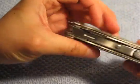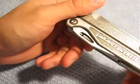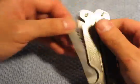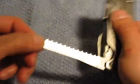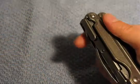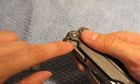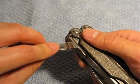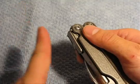And I forgot one more detail. Let's see if I can find the saw blade here. There we go. Here you got the saw blade. Just open it up and be careful not to touch it. And if you look inside, you'll notice a small little sliver of metal right there. I'm just going to use the pocket clip, but you can use any thin piece of metal. If you go in here, kind of push this way,